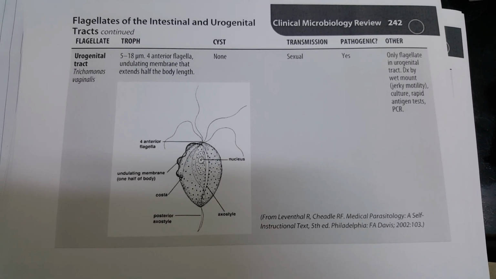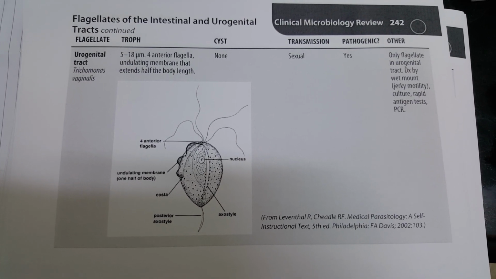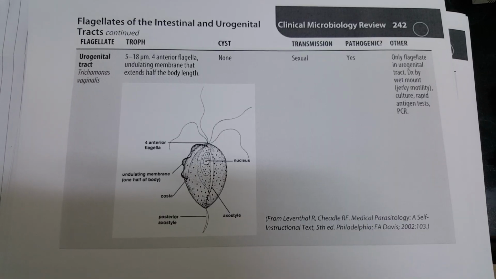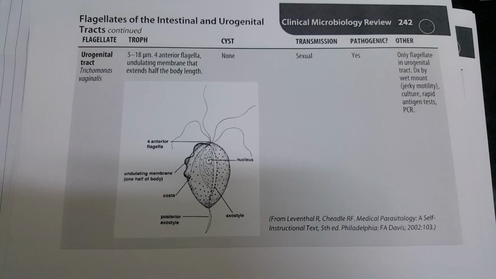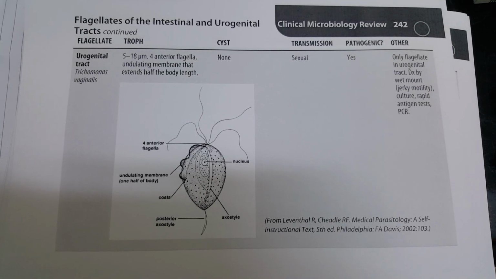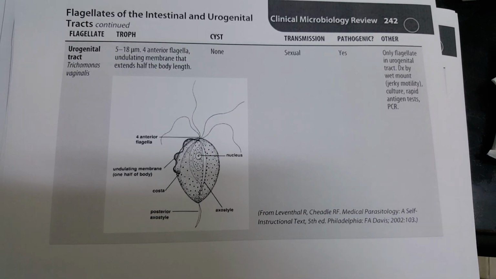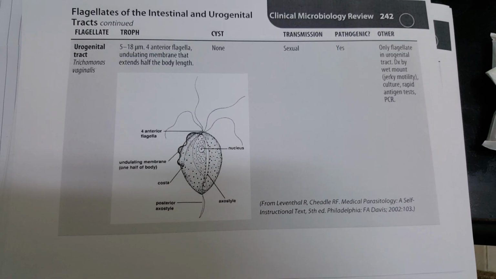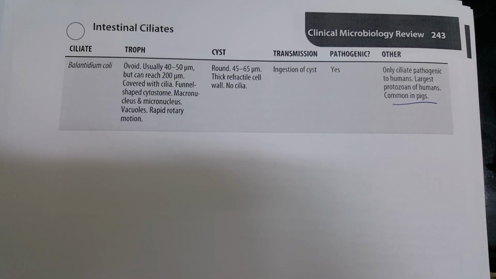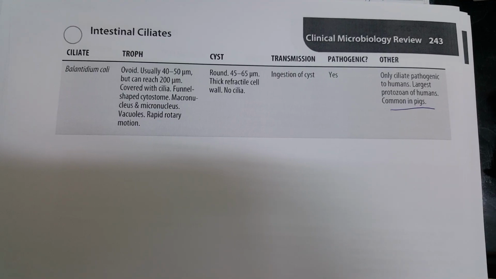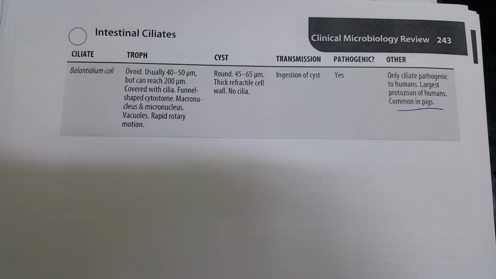The nucleus is in the center, and the axostyle divides the body into 2 parts. The costa and undulating membrane extend half of the body, with 4 anterior flagella, and a posterior axostyle is also included in this urogenital flagellate. Among the intestinal ciliates, Balantidium coli is ovoid, usually 40 to 50 micrometers, but can reach 200